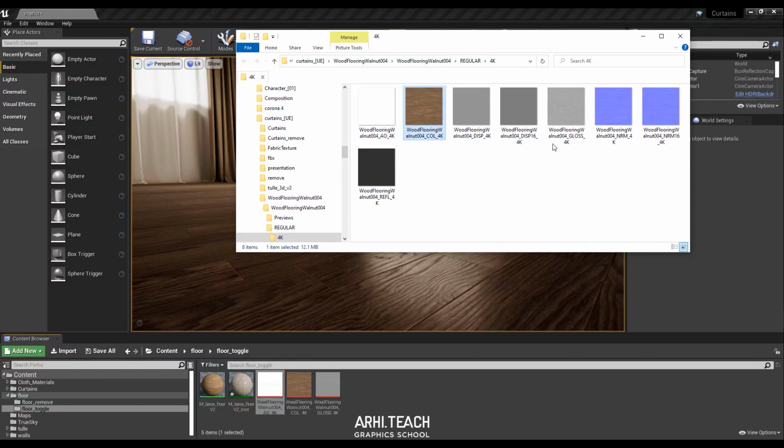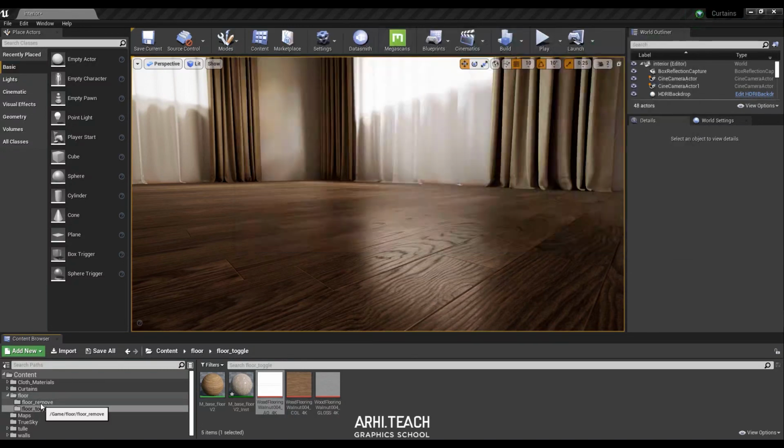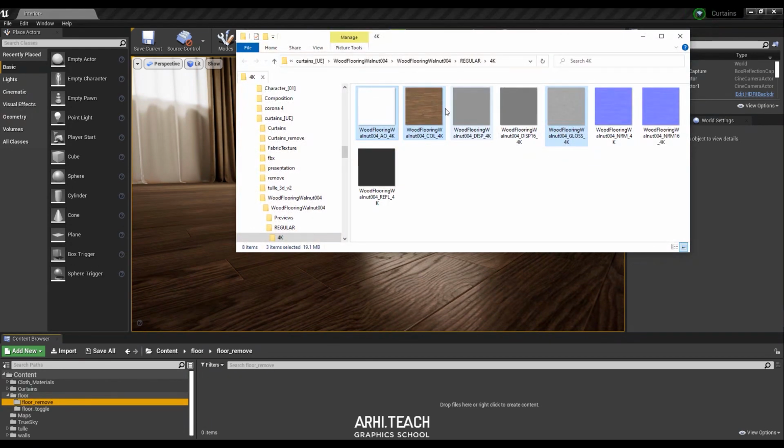Next comes the color, texture and glossiness. So I pick these 3 textures and then drag and drop them into a new folder, either here or you can drop them into the structure like this. That's all. Now they will be transferred, you just can't see how the importing process is going because the folder is blocking your view. As soon as the objects are imported, we will instantly see them here.